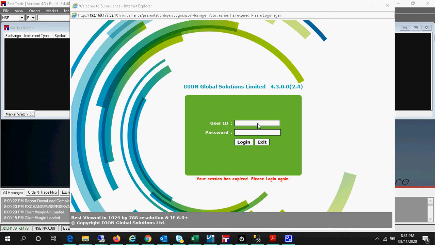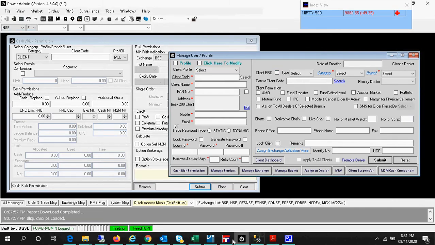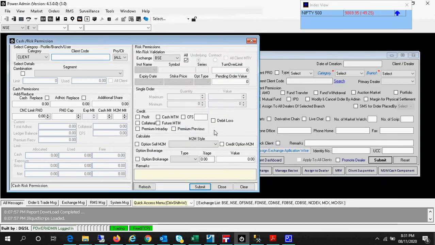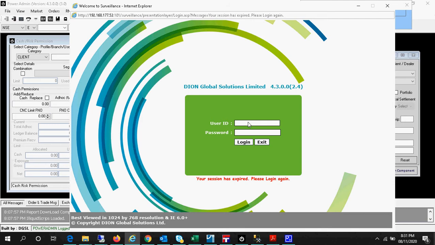A profile can be created through Surveillance and Power Admin, both. Surveillance is a web-based admin terminal and Power Admin is an exe-based terminal. So this is the web terminal and this is the exe-based terminal.